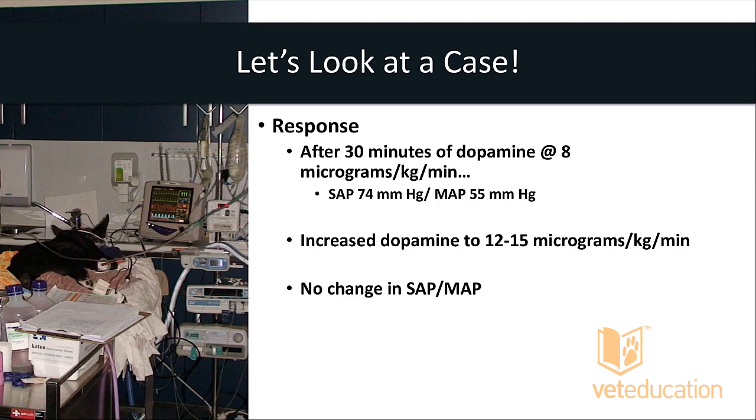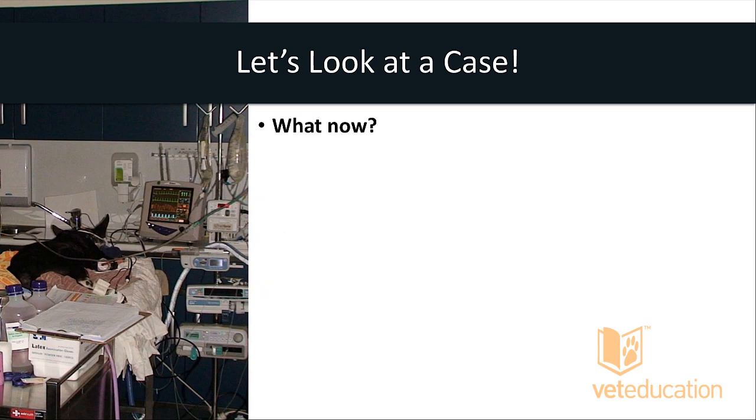So after 30 minutes of dopamine at 8 micrograms per kilo per minute, we had a systolic arterial pressure of 74 and a mean arterial pressure of 55. So we increased his dopamine dose to 12 to 15 micrograms per kilo per minute over the following half an hour or so, and there was no change at all in either systolic or mean arterial blood pressure. That's where we're going to leave our case right now, because I want to have a chat about what we're talking about tonight,